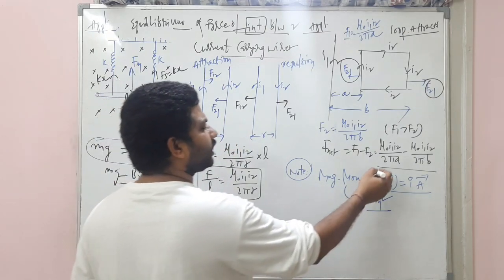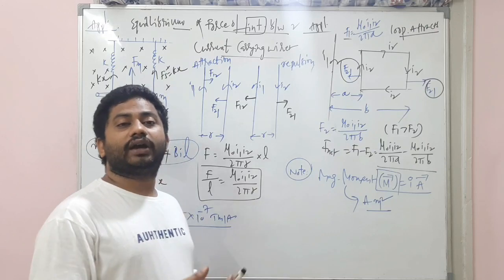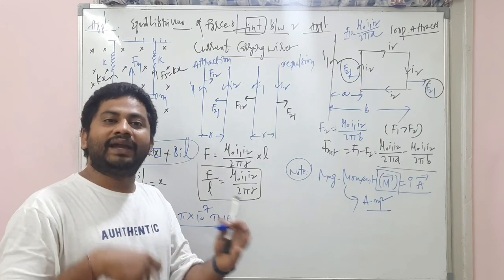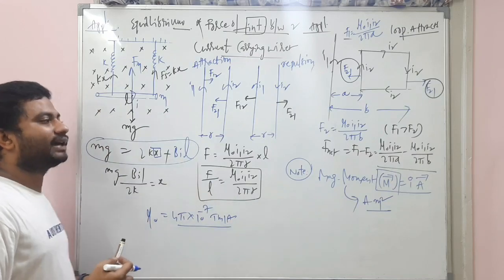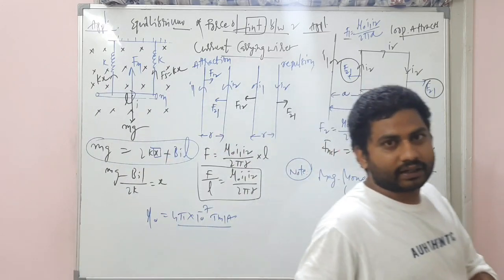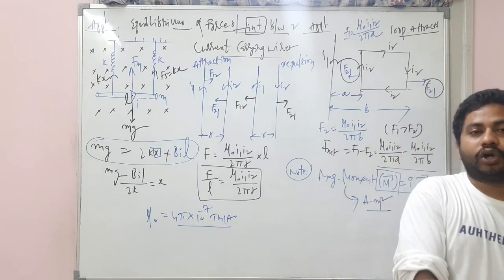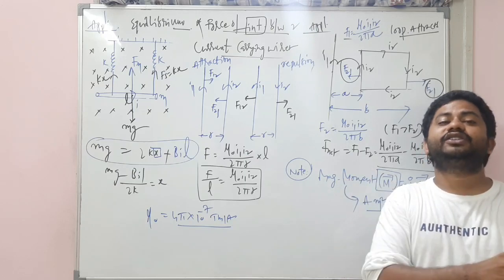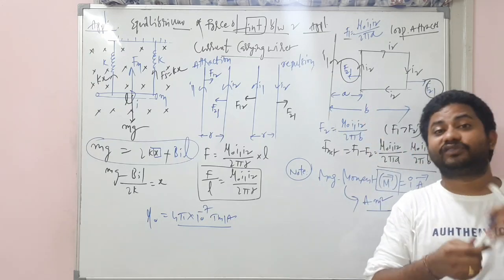So this is the magnetic moment concept we will be using in the torque experienced by a current carrying loop. Before we discuss that, let's solve a few numericals related to whatever we have discussed so far. Then we'll move to the concept of torque, the moving coil galvanometer, and how the galvanometer will be converted into different measuring instruments like voltmeter and ammeter. So that's the end of the chapter. That's the end of the class also.